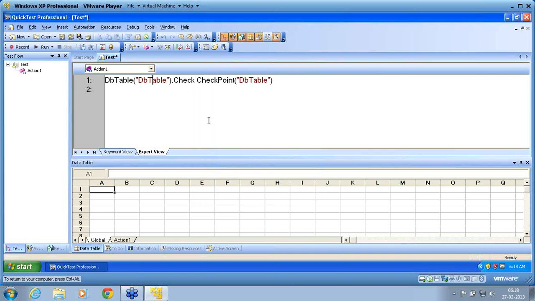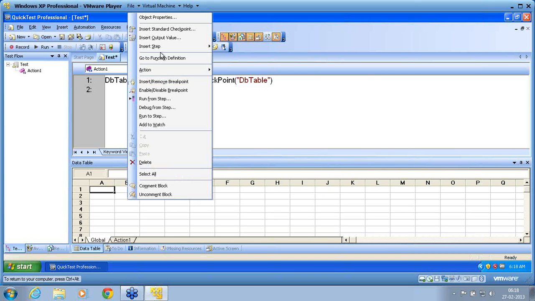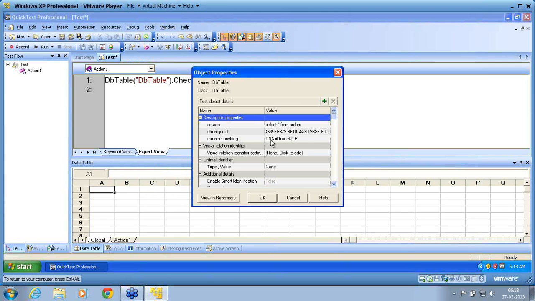Once I do this, if I run now, I have my actual query done on these objects. One is DSN online QTP, my table name or DB name. Under that, source is my query. This is select star from orders. From this table, it selects all the records. These records are stored into a session called DB table. It is an object class. In this class, all this information is stored during run,